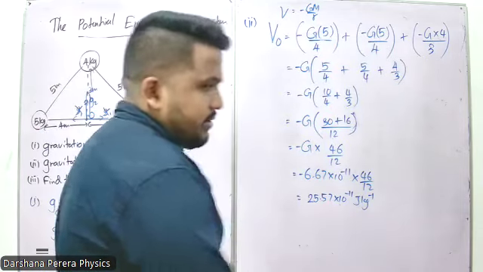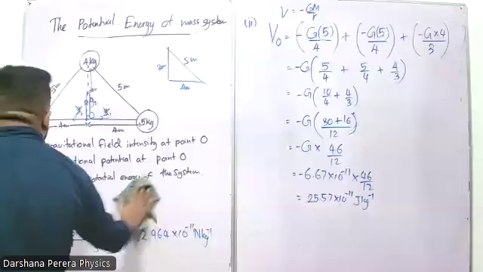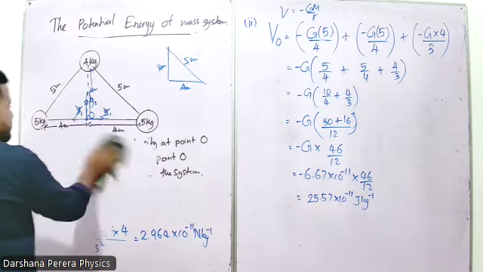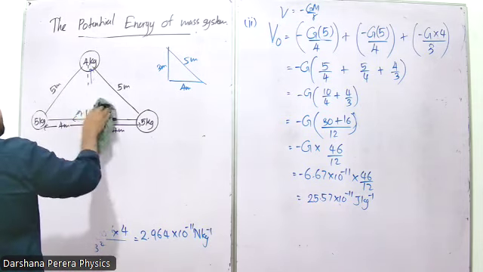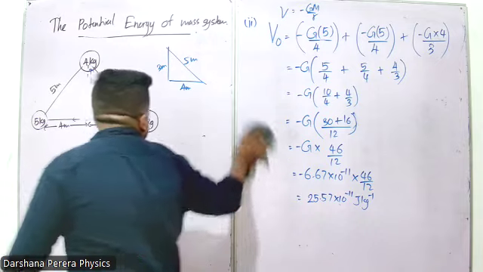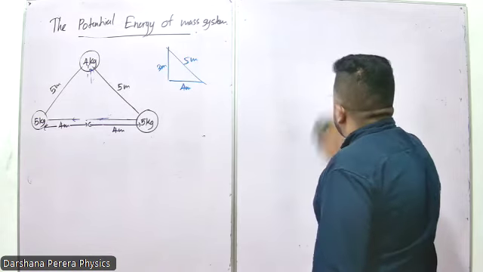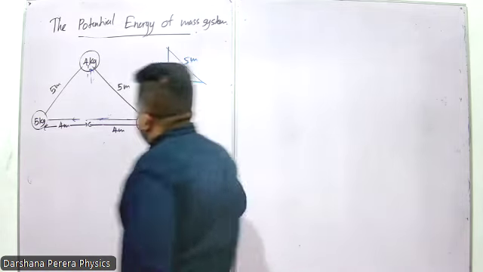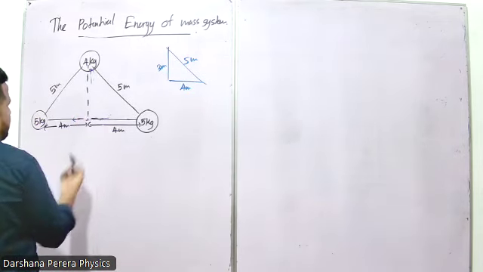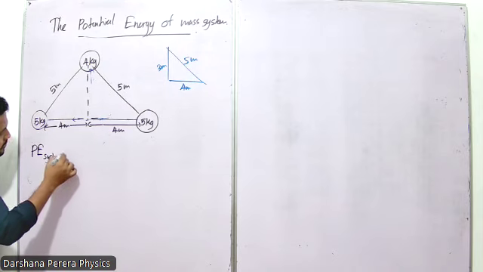Then I no need to do this one. Why? This is previous one, no? I only need this one, the potential energy of the system. So how can I find the potential energy of the system? I need to take the separate pairs and take the summation of the potential energy. So potential energy of the system equals